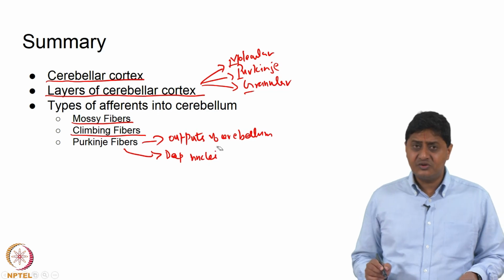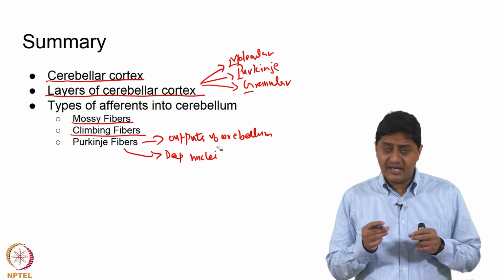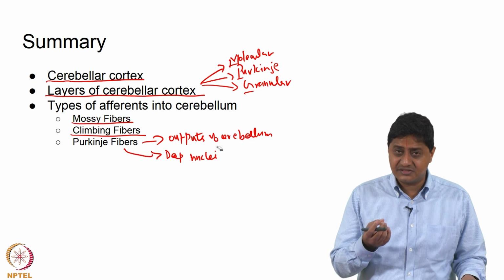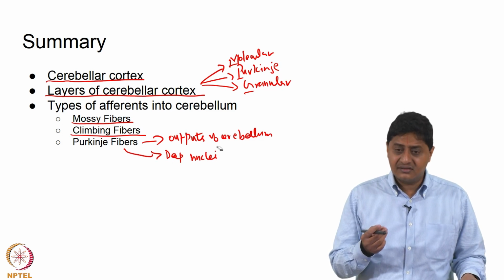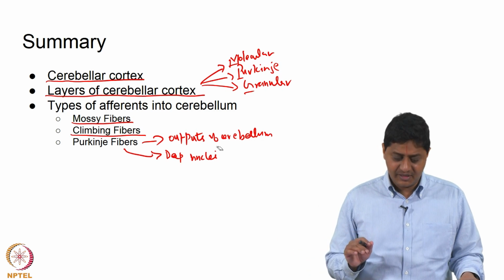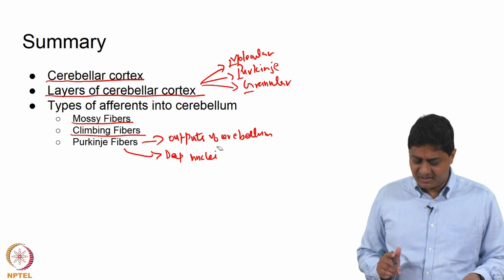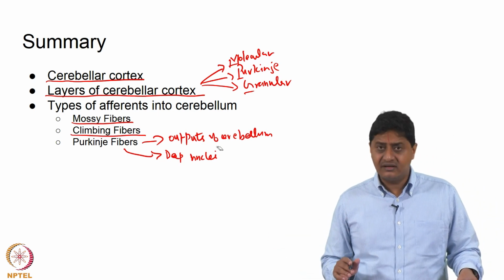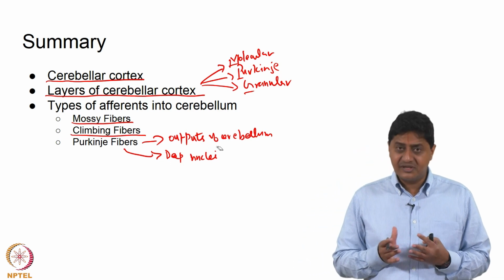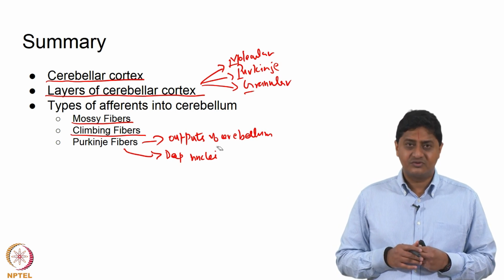Where are these deep cerebellar nuclei? We have not discussed that, we have not shown that in this picture. Actually, the deep cerebellar nuclei are embedded within the cerebellum. These are relatively dense structures that serve as independent nuclei to output information from the cerebellum. They were not shown in the picture that was discussed. We will discuss that and other things in future classes. So, coming up next, in the next class we will be discussing the microcircuitry involved within the cerebellum. So, thank you very much.